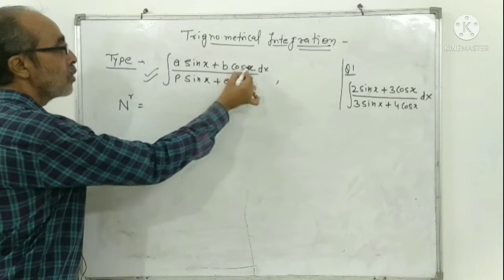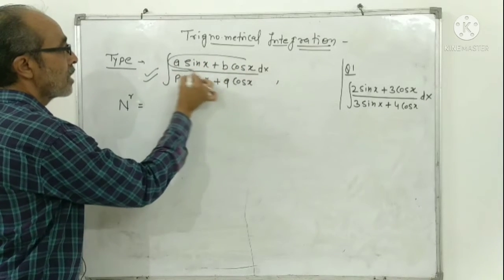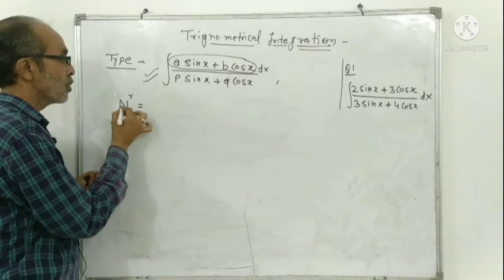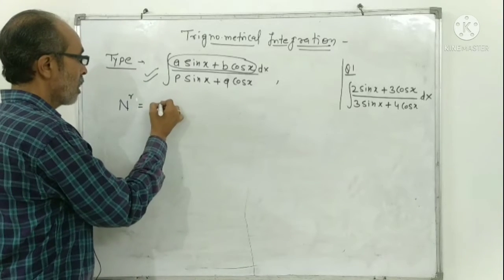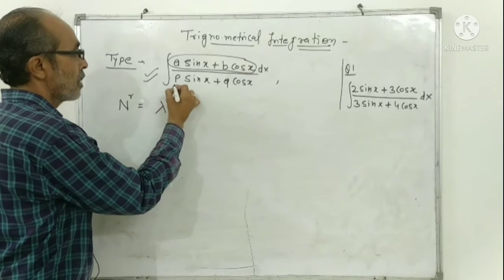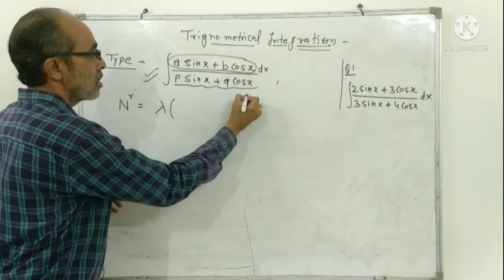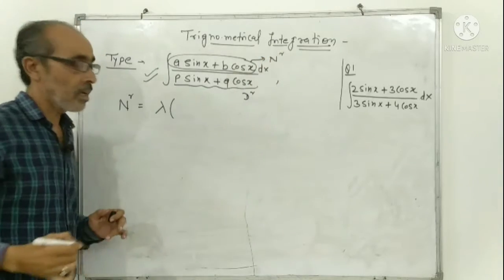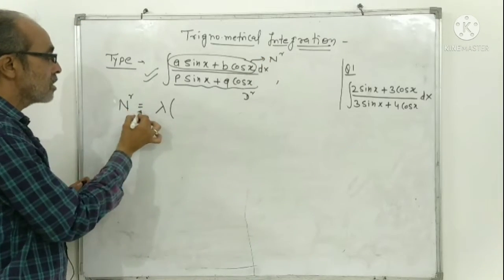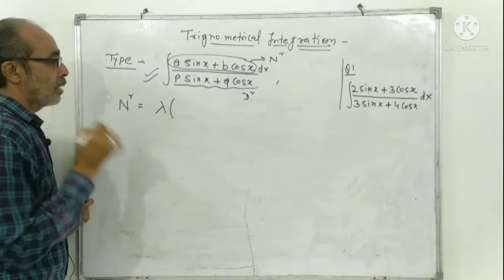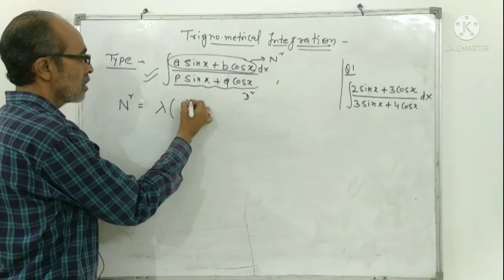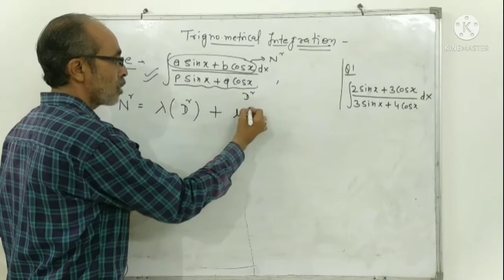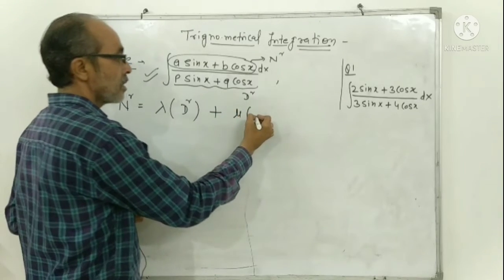to write the numerator, that means a sin x + b cos x, in the form where the numerator is equal to lambda times the denominator, plus mu times the differentiation